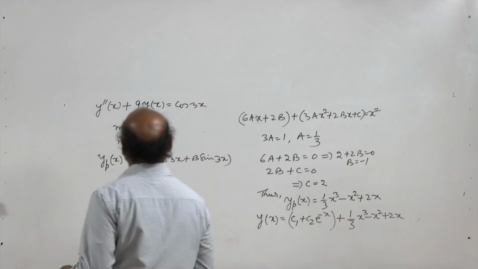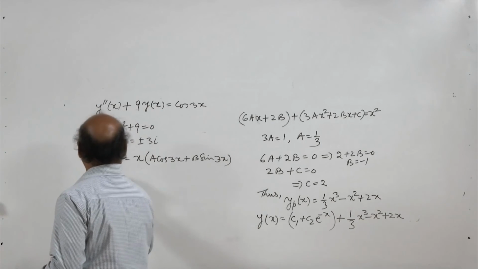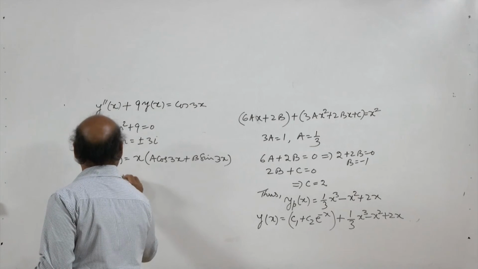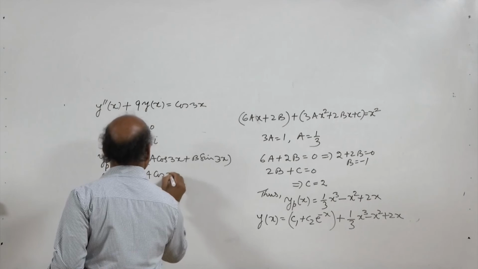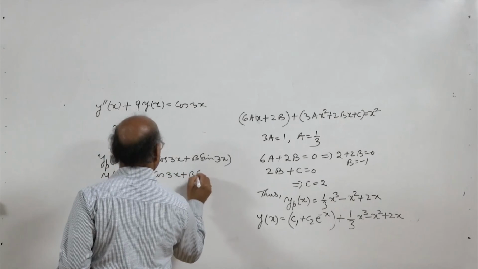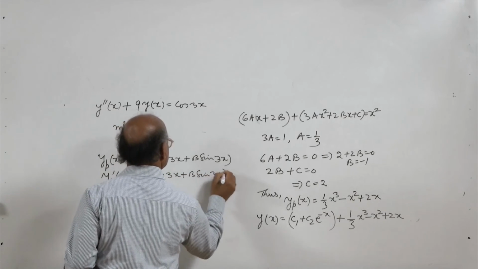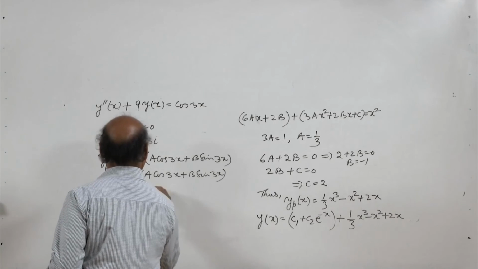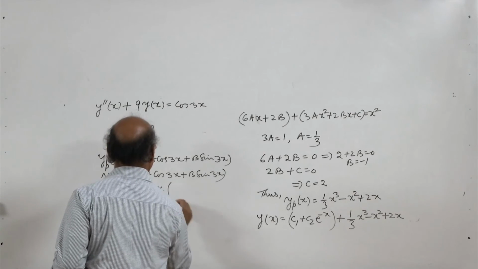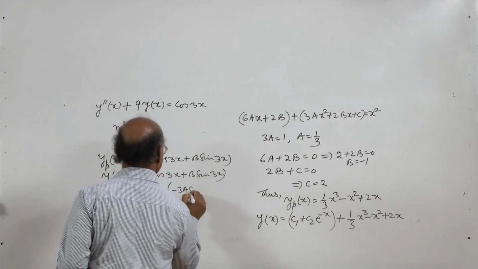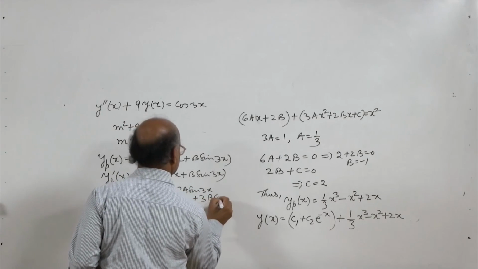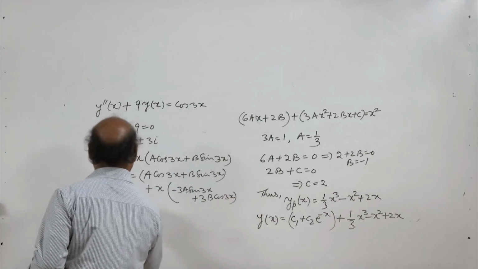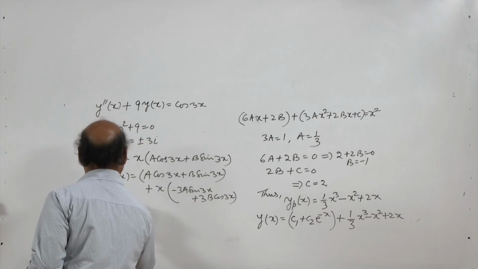So if you assume y_p(x) to be equal to this, then y_p'(x) will be equal to (a cos 3x + b sin 3x) plus x times (minus 3a sin 3x plus 3b cos 3x), and then y_p''(x) will be equal to